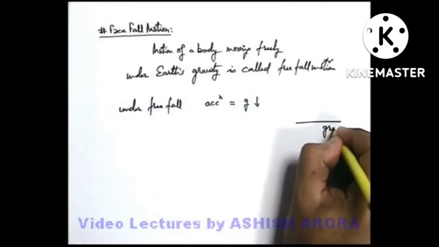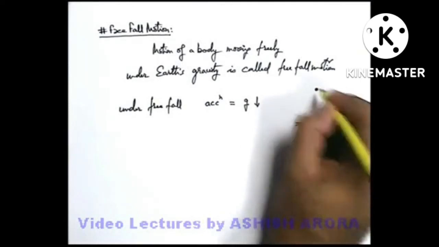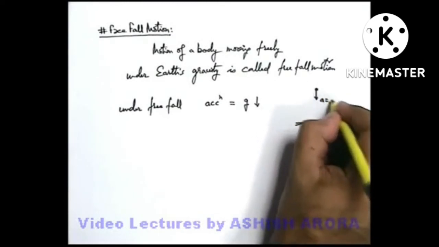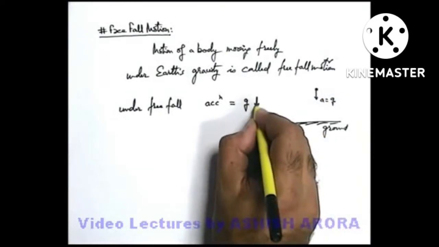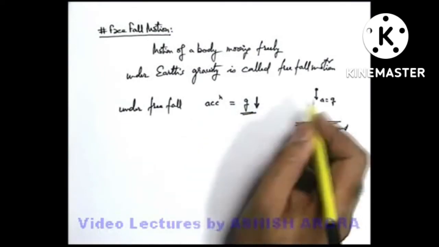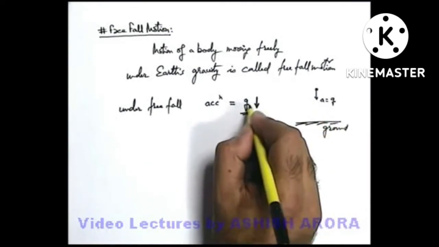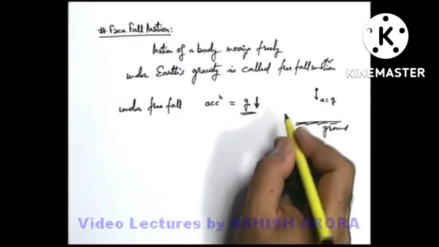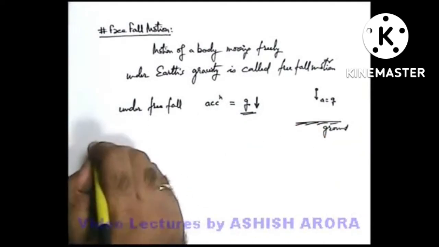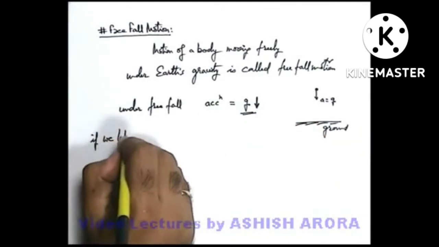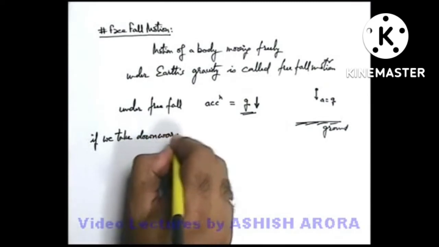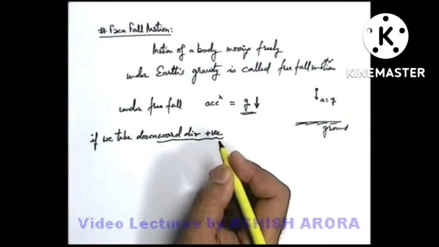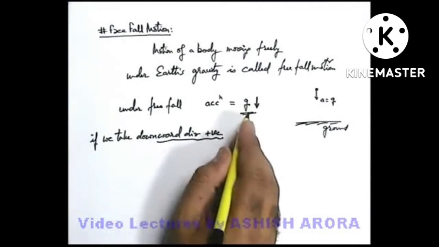We know very well that if there is a ground and the body is released above the ground, it will experience a downward force which is equal to the weight of the body, and due to the weight it will fall with an acceleration g. So freely falling bodies near the Earth's surface are always considered to have constant acceleration g in the downward direction. In all the speed equations, we can replace the acceleration by g. If we take the downward direction positive, then we can always use g in the downward direction, so it will remain positive.